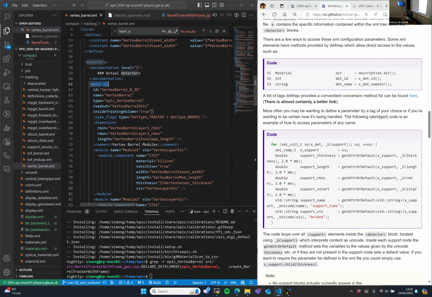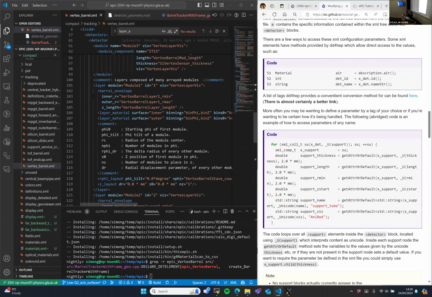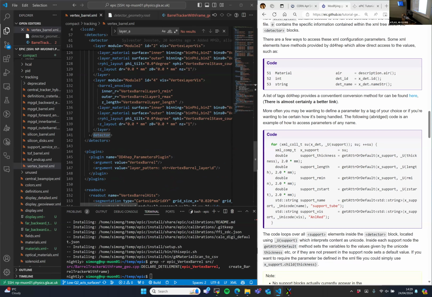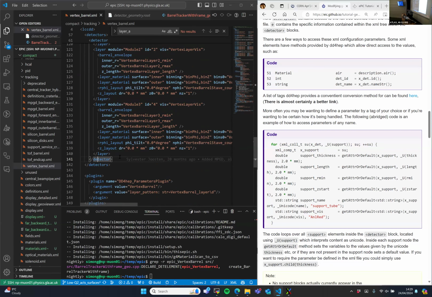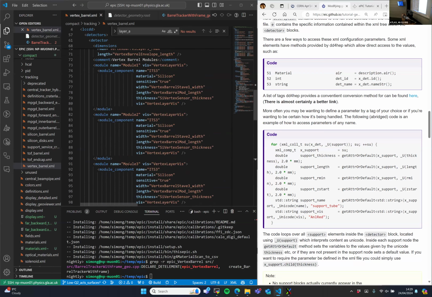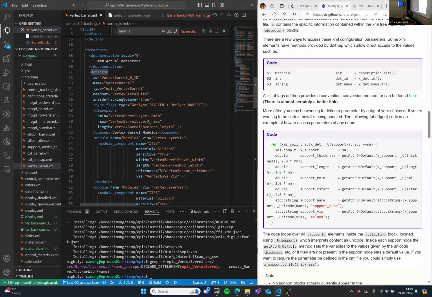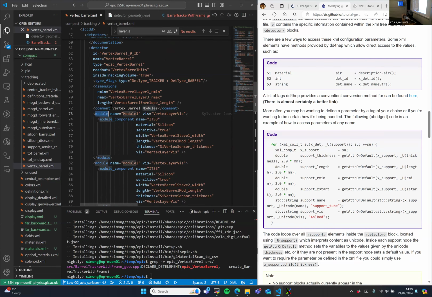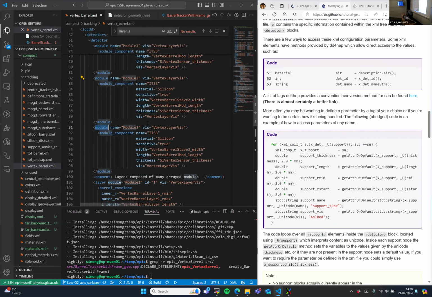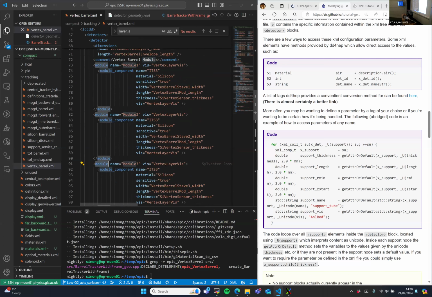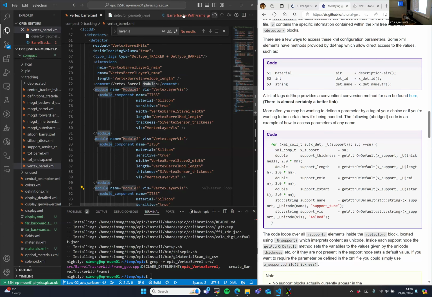You've got the detector here, and then within this detector block, which the main detector block ends there, but this goes all the way down, contains everything down to this detector closing block. Within this detector block, we've got some sub-blocks called modules, and there are 3 of those. What the code